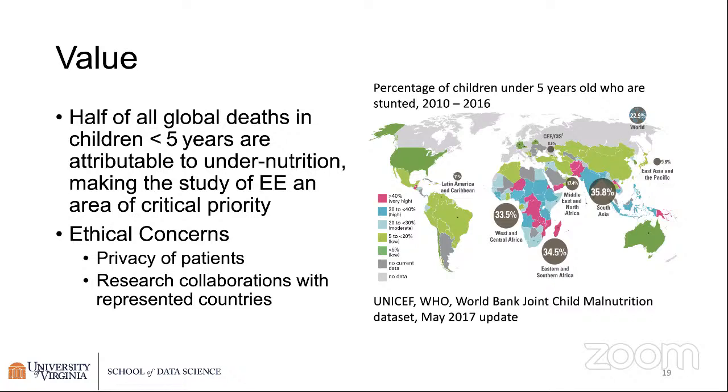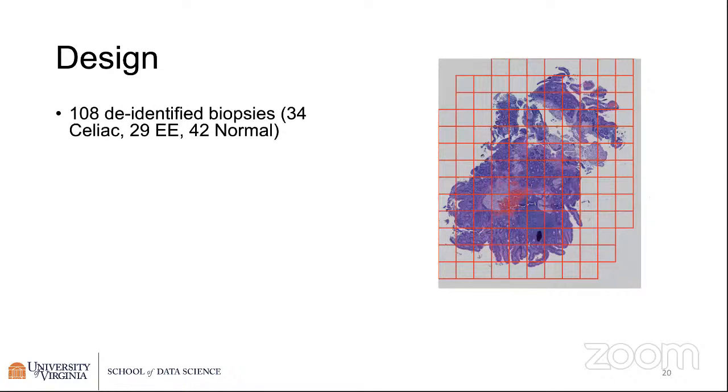You can do all the great data analysis you want, but if you don't create the kind of collaborative infrastructure at the research level and at the translational level for getting these solutions implemented, then it's all for naught. So it's incredibly important for us to have these collaborations and to understand how to create those collaborations at the beginning. Okay, design.